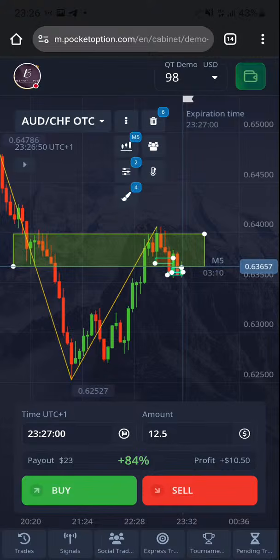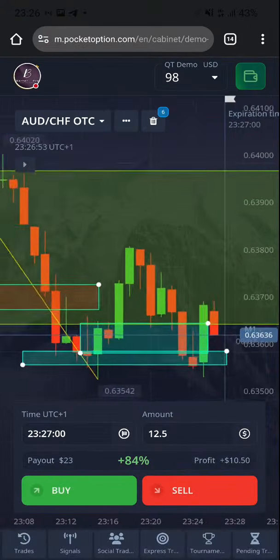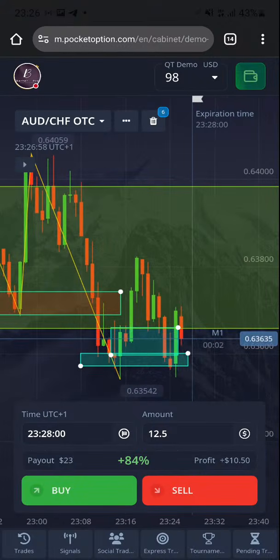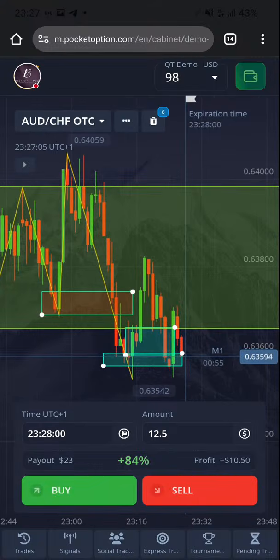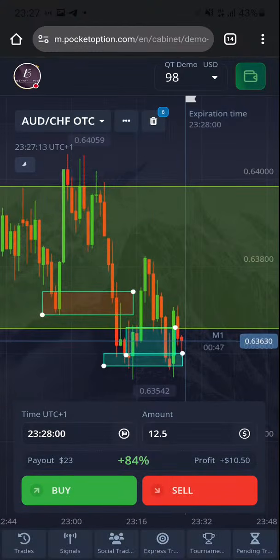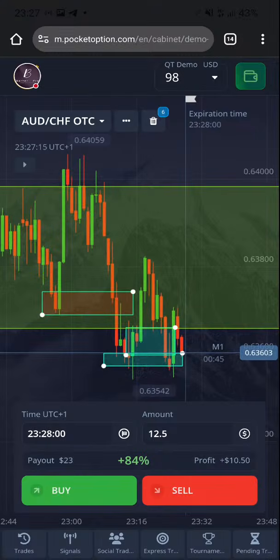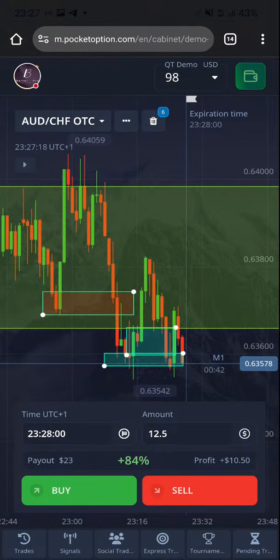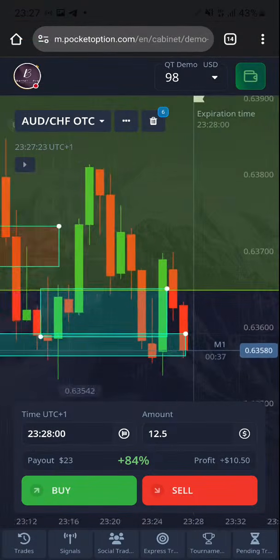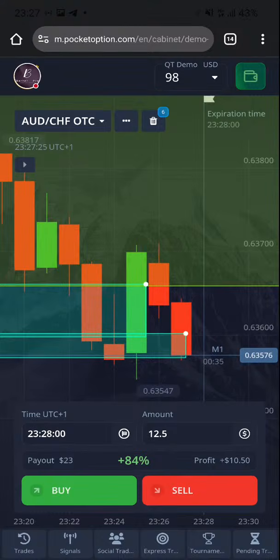And look at M1, I will show you something in M1. We're already making a double bottom here. In the afternoon, remember I told you, when you see a double bottom, what does it mean? It means the market is telling the buyers it's time to buy. So from all this top down analysis we just made, we know that the market is going to go up. What do we do then? We will be looking for buy opportunities in the market, the opportunities that support the buyers. Those are the trades we want to be taking.